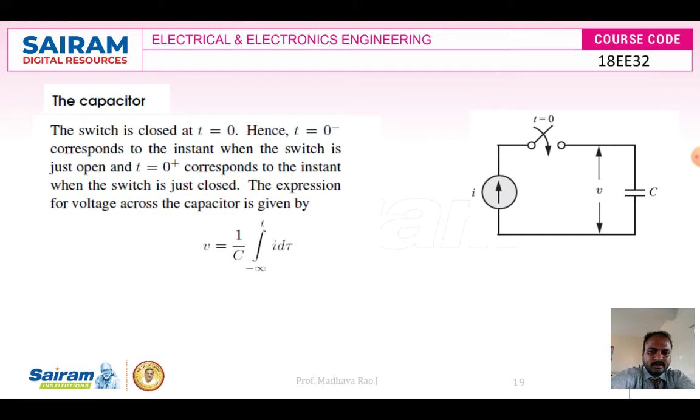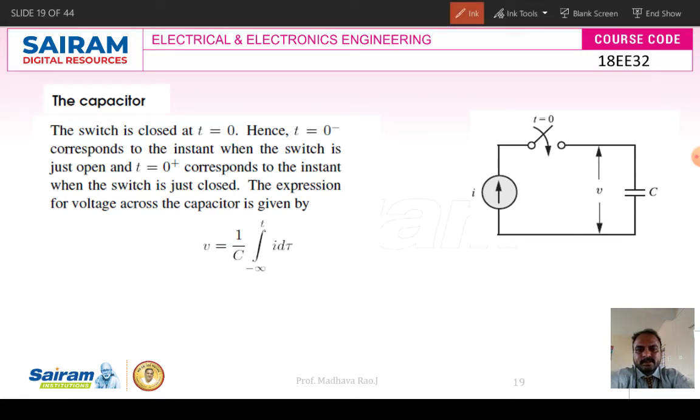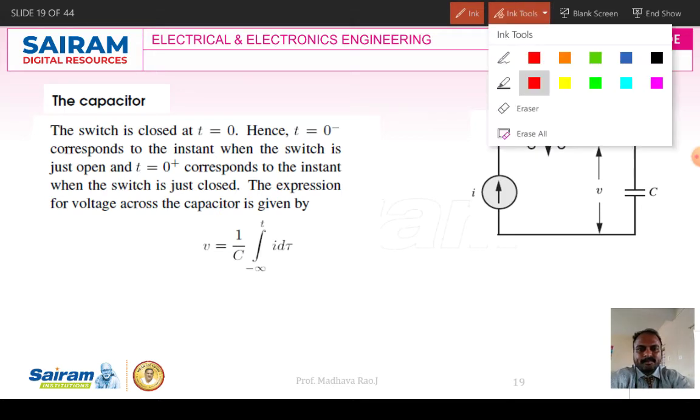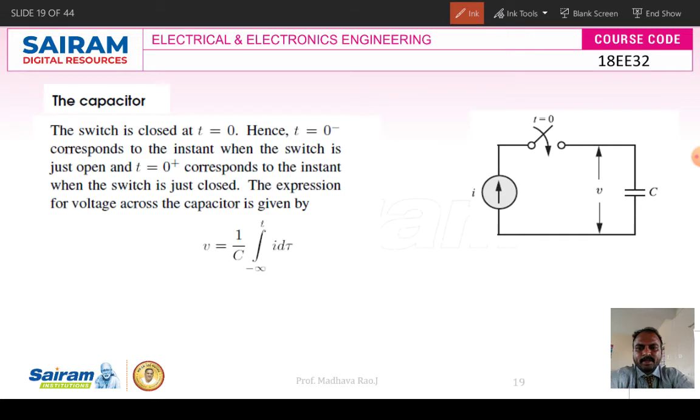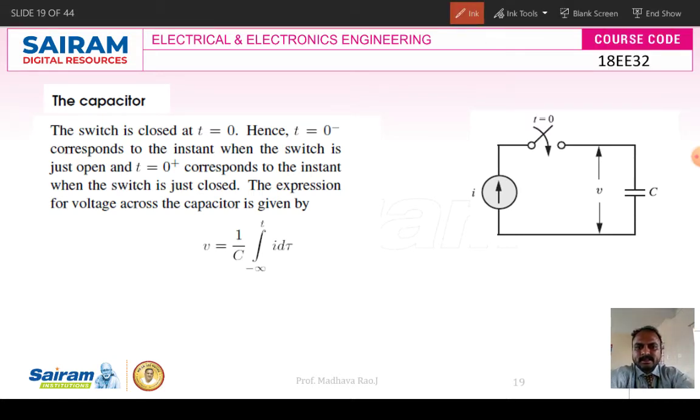Here t equal to 0 minus corresponds to the instant when the switch is just open, and t equal to 0 plus means the switch is just closed. These are the conditions we have to consider, so t equal to 0 minus represents switch open, and t equal to 0 plus represents switch